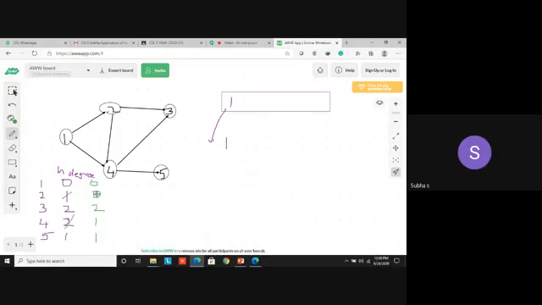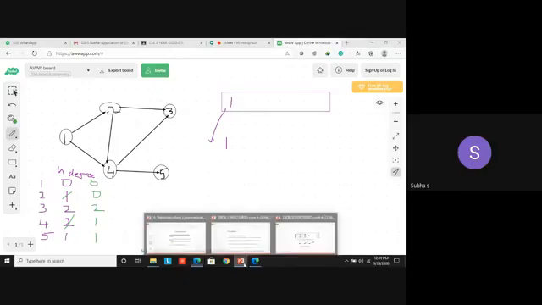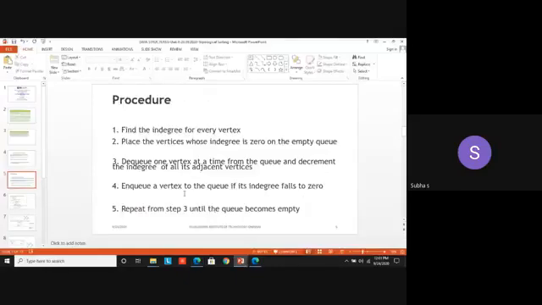Got it? Now, what you have to do? Enqueue the node with in degree 0. Now check, is there any node with in degree 0? Already 1 is there, no problem. We have already pushed it, added into the queue, and we have removed it also. You can parallelly look at it.